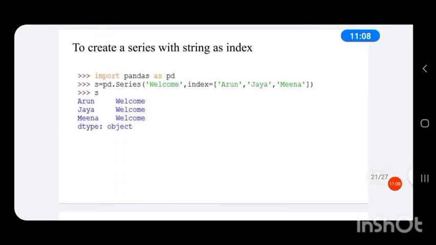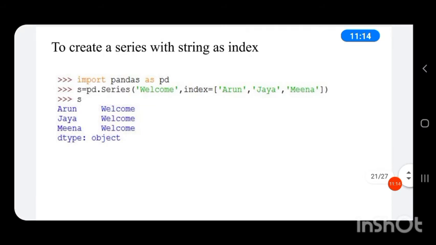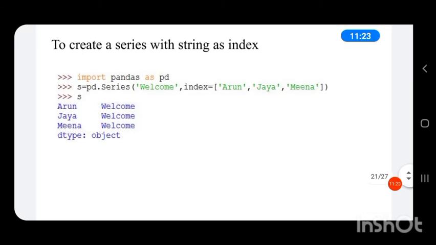Next is to create a series with string as index. We know that we can create a series with string as the index. Let us see how to create it. For that, import pandas as pd.